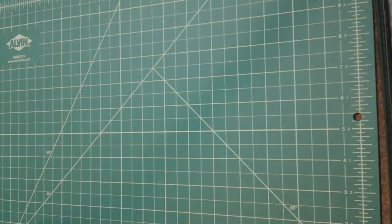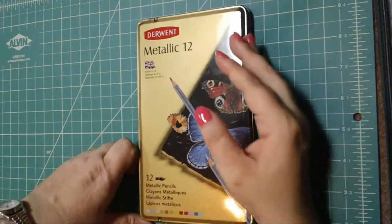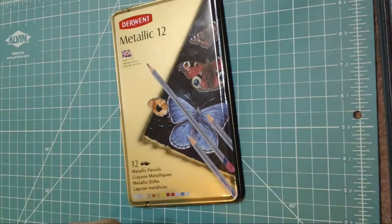Now let me go ahead and show you the pencils that I have picked up. Okay, first of all, I got these Derwent Metallics. There are 12 pencils in here. Now, if you guys have seen my other haul that I did,